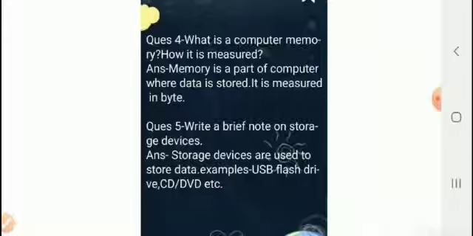The storage devices are used to store data. For example, USB flash drives, CDs, DVDs, etc. So these are the simple questions. Five questions are there of only 1, 2 or maximum 3 lines. Okay, you can learn them. And the exercise is also very simple. Then come to our lesson number